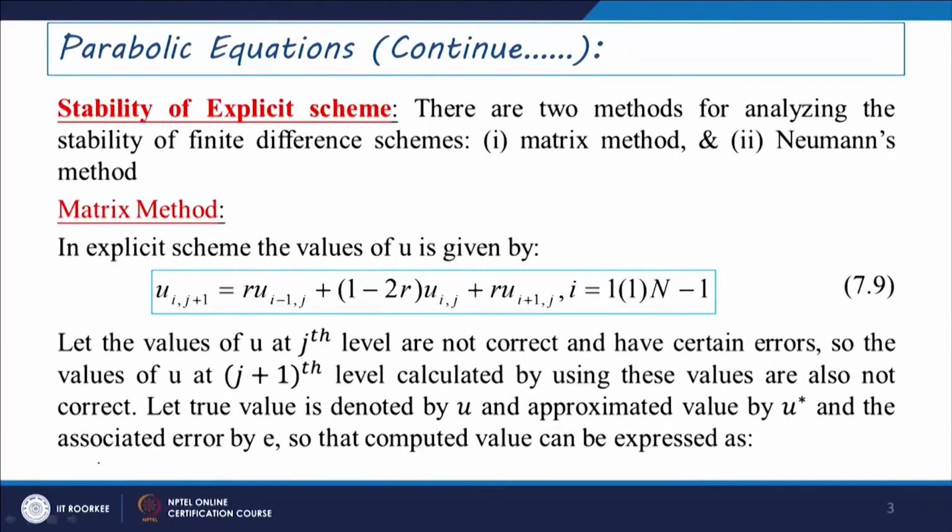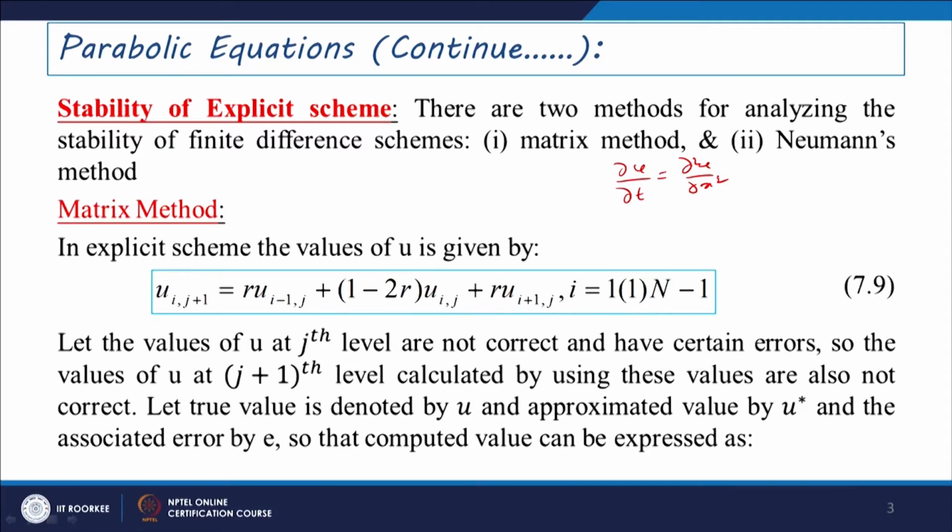So for the stability of the explicit scheme, as I have told, we will apply two methods. The first one is called the matrix method, and the second one is called Neumann's method. In the matrix method, if you consider the same equation in the form del u by del t equals del square u by del x square, then we obtain this discretized